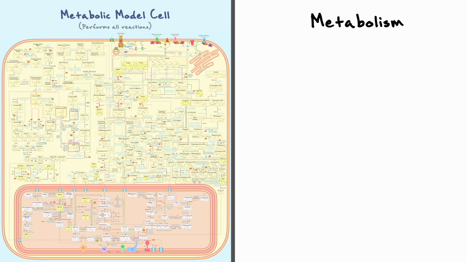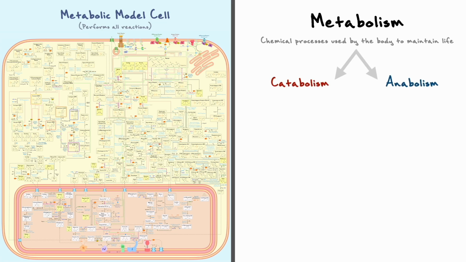To put it very simply, metabolism corresponds to the chemical processes used by the body to maintain life, and it typically can be separated into catabolism and anabolism. Chemical reactions under catabolism are associated with the degradation of nutrients to extract their smaller components or make energy. In opposition to that, anabolism corresponds to reactions that take smaller components and make larger biomolecules, typically for the purposes